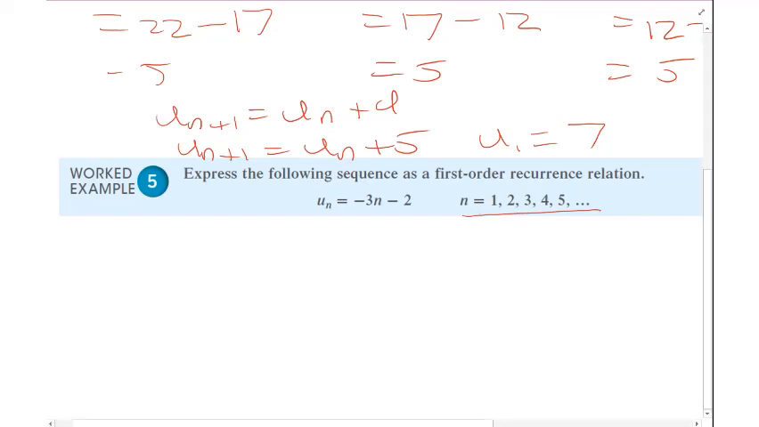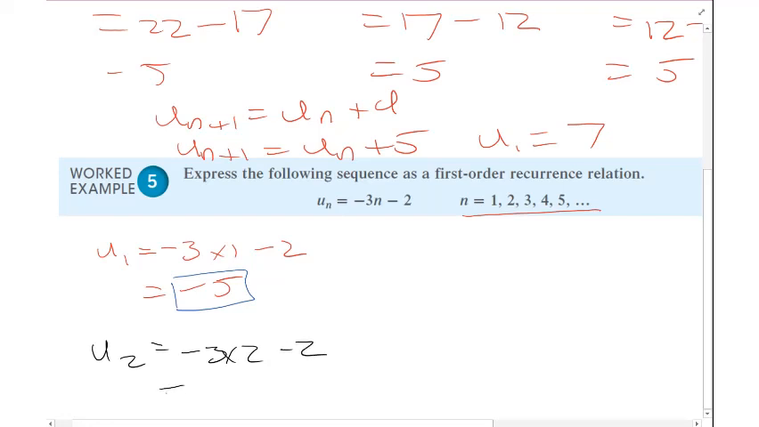Now, if I go u1, that's n equals 1, so that's going to be minus 3 times 1 minus 2. So when n equals 1, it's minus 3 times 1, minus 2, so minus 5. So that's going to become, in this case, our first term. But let's keep going. I'm going to go u2. It's minus 3 times 2 minus 2, that's going to be minus 6 minus 2, so minus 8. u3,